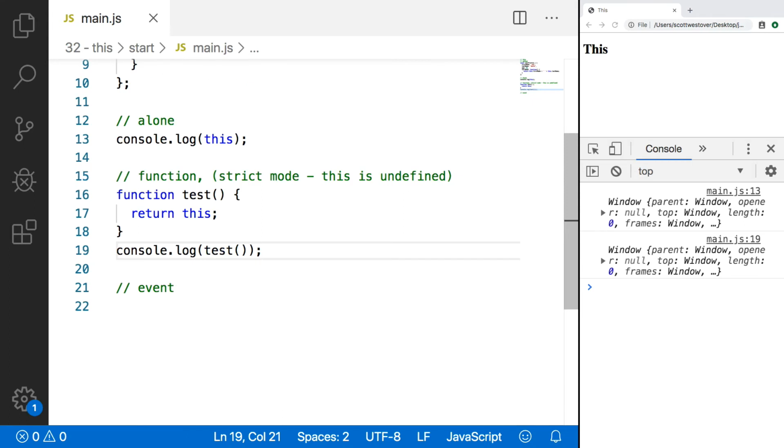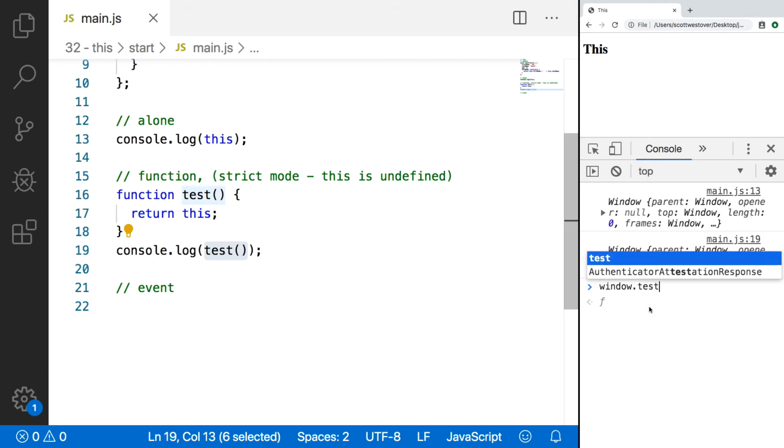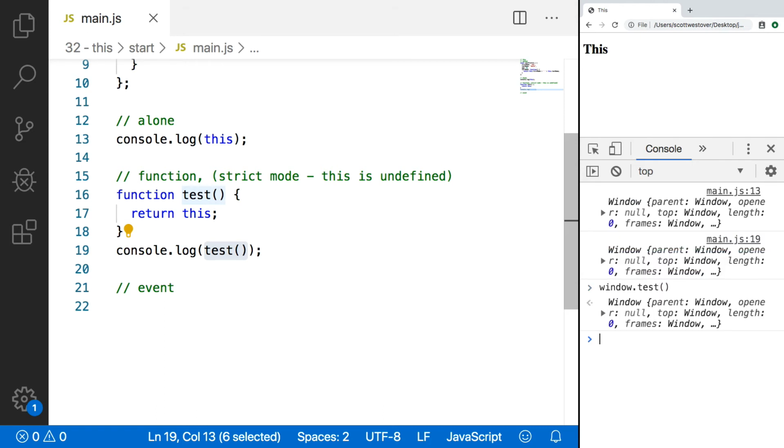The reason for this is when we use the this keyword in a function, this is referring to the owner of that function, so who that function gets bound to. By default, your function will be bound to the global window object, and that's why when we refer to this, it returns the window object. Just as an example, if I do window.test, you'll see that I'm able to access my function. That's why when I refer to this, it's referring to the owner of test, which happens to be